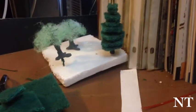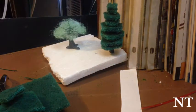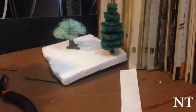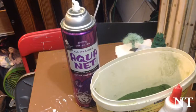I've already got some prepped already, because you're going to want to glue those and let them dry overnight. Now this is where the trick comes in, and this is where I'm going to be setting up to show you. Alright, well, my preferred glue,